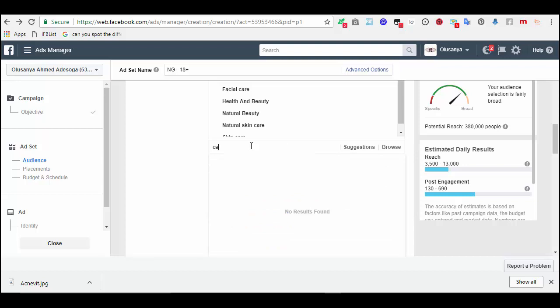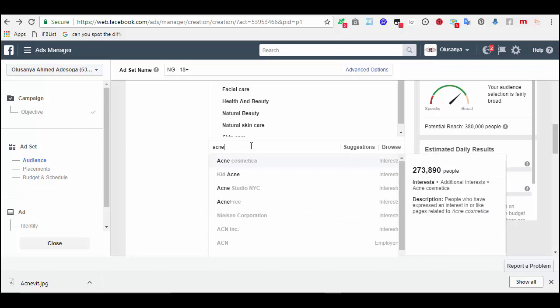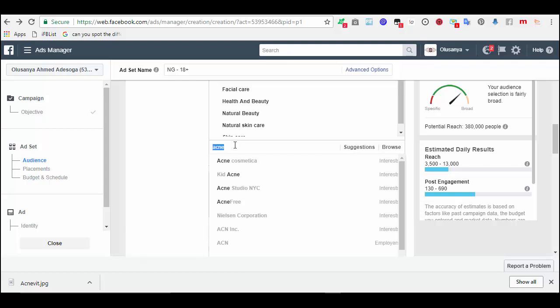Okay, let's say, I think I know Carotone. Okay, it's not there. So we can target, let's say, acne, acne free. Okay, acne cosmetica. No, we don't want this. So many things like that, and you can just target popular ones.